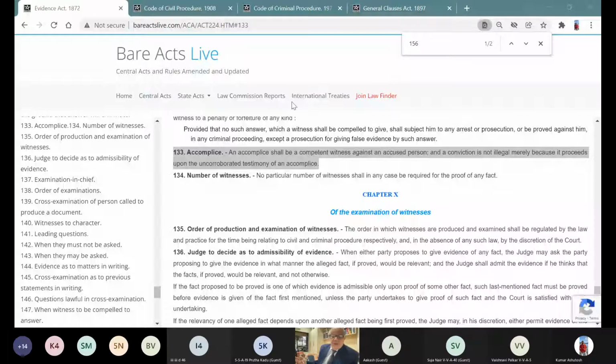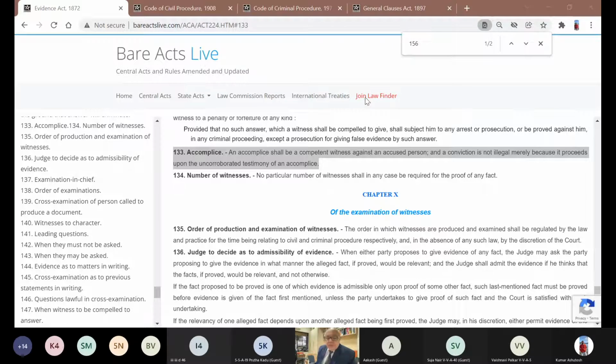That depends on the witness, whether he is a truthful witness or not, whether his deposition was candid or not, whether it was a frank witness, a witness who has not been tutored. There are many tutored witnesses. It is the job of a trial court to give a finding in this regard. Please note that here 114B is directly in contrast with section 133. And please note that